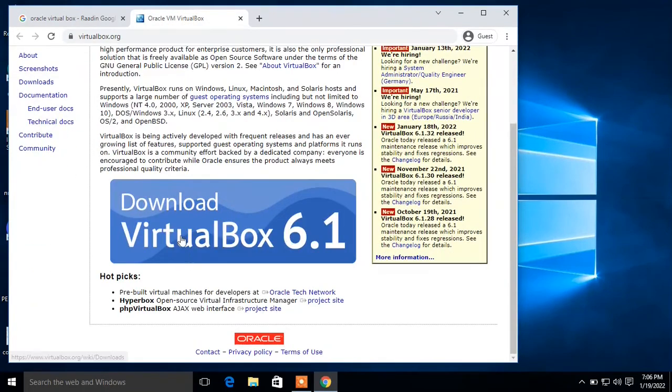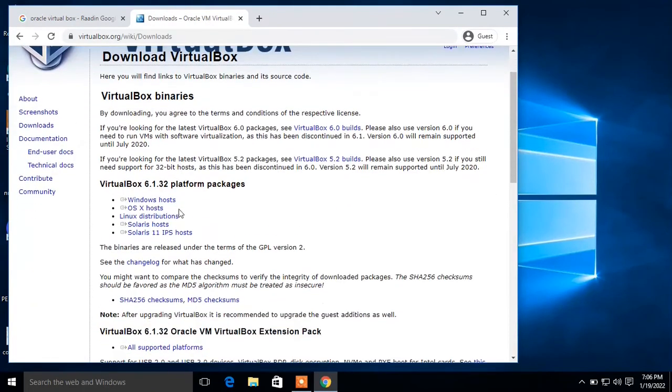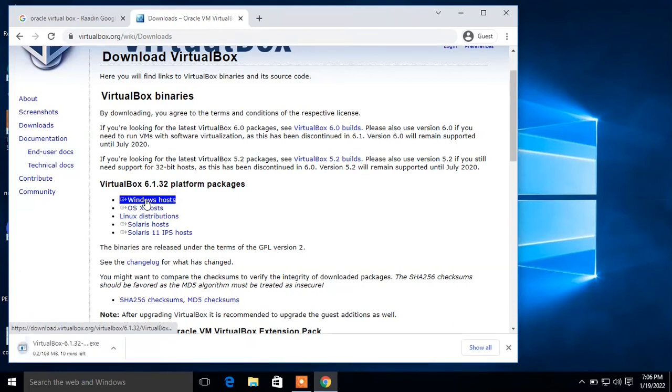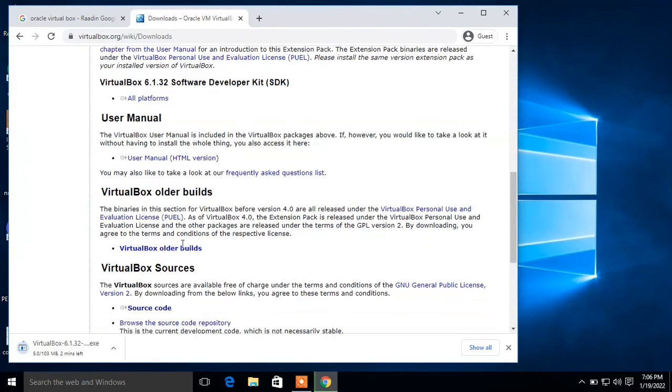Open that, go to the download, and choose your Windows host. If you're using OS X, choose that, and if you're using Linux distributions you can use that. Me, I'm using Windows host, so we click that one and it will download the Windows host. Now down here,